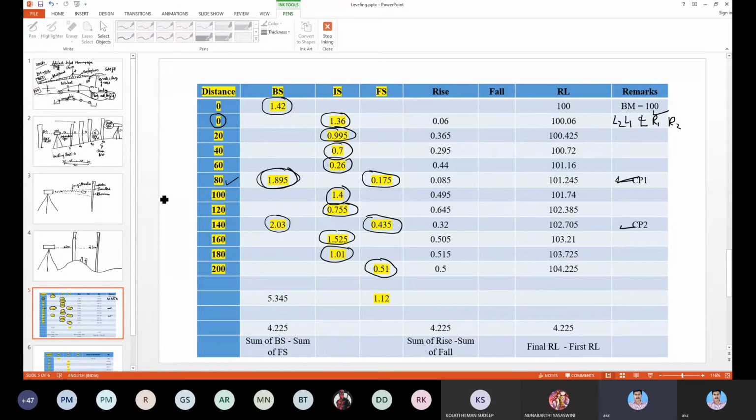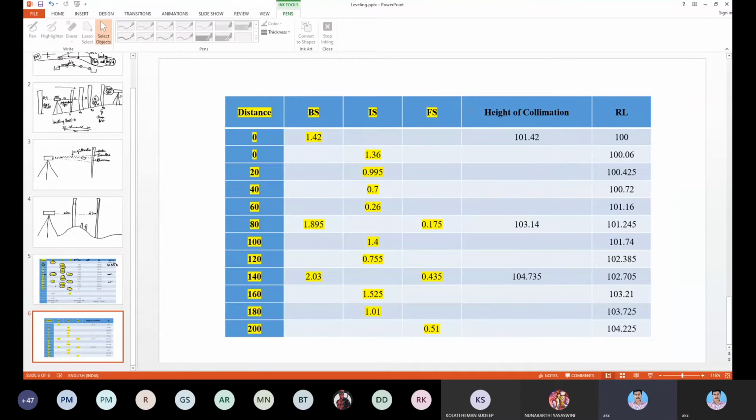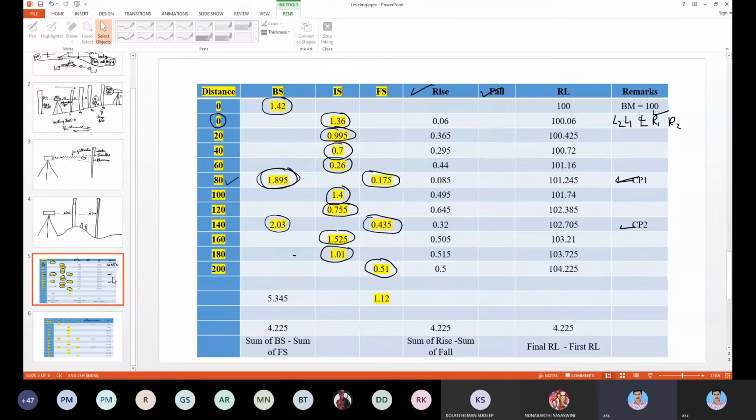To develop that profile, we have two methods. One is the rise and fall method. The other is called the height of instrument, or height of collimation, method. So we'll see what the rise and fall method is. We started from BS, so BS we got 1.42. Now IS is 1.36.